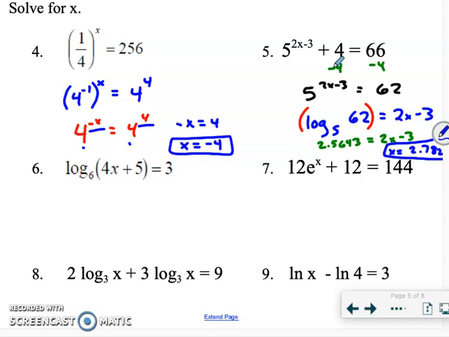All right. So next, moving on to number 6. Let's say number 6, we have log base 6 of 4x plus 5 equals 3. There are quite a few ways that we can do this problem, but I'm